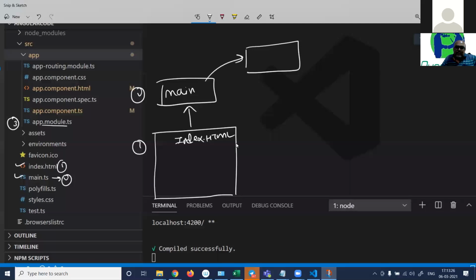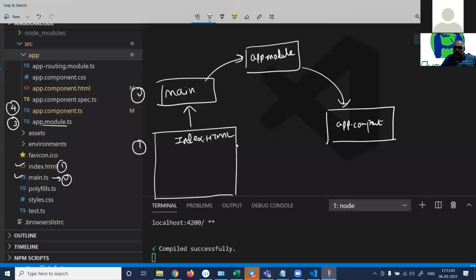I will just name it as a module now, but the file name is app module. So let me name it as app module. The app module loads the component. Right? The app component loads the UI.